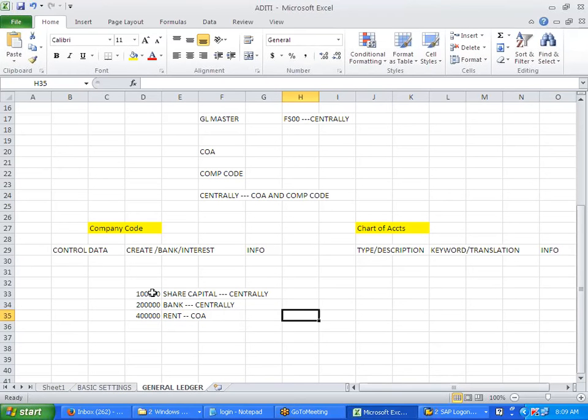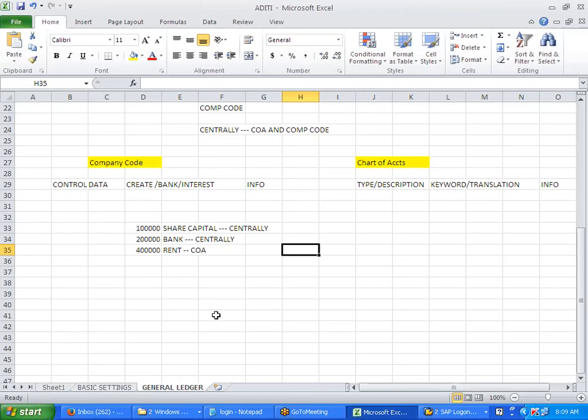Now, since we have defined this, I want to post one journal entry. You know what I mean by journal entry, right? So the journal entry is that I want to get in capital by raising the share capital. When the capital is coming in, it is coming in the bank, right?